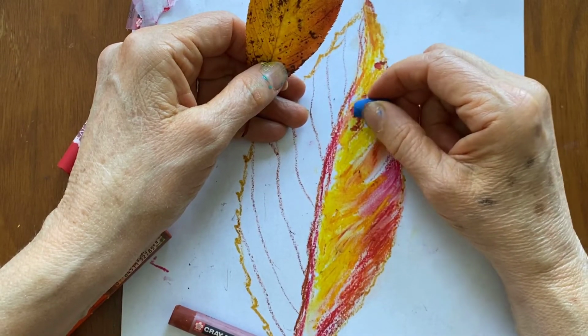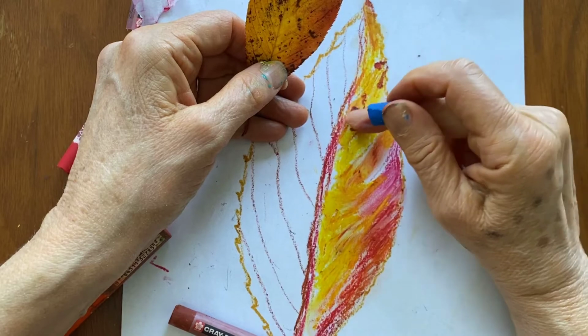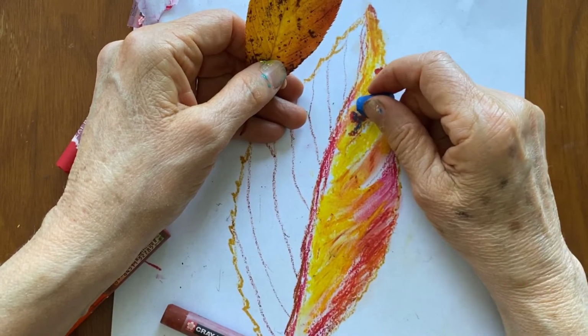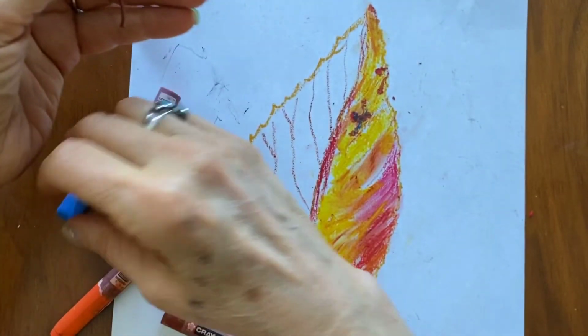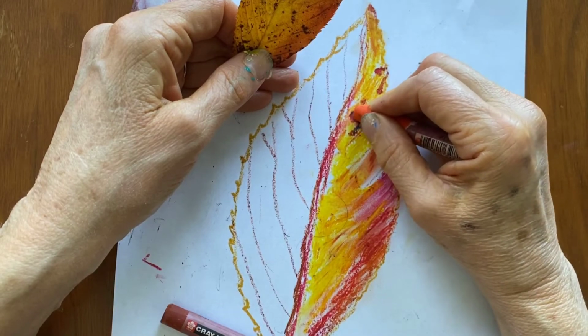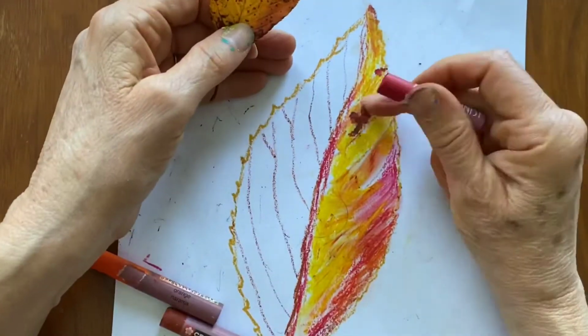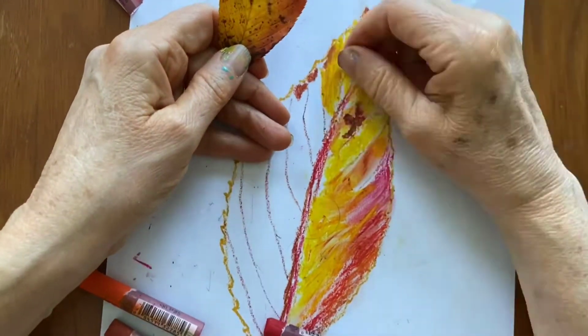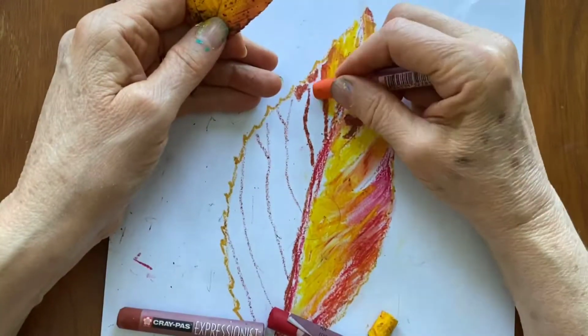Look carefully at the stem too. Draw everything you observe, everything you see on your leaf. Start by drawing the shape. Make it bigger than your leaf. Make it fill the whole page. Make sure to include the veins that you see and look at the direction that they go in when you